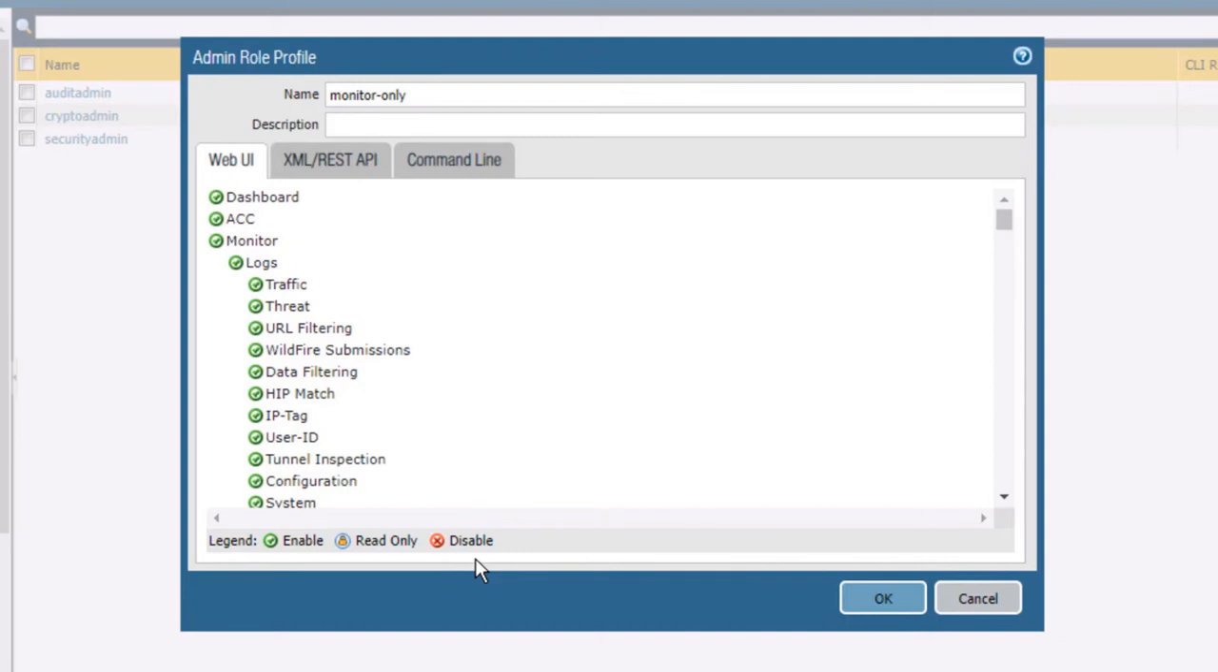Because we want to define a role that enables users to only view the firewall state, logs, and reports, we will disable everything else. First, we'll leave the dashboard, ACC, and monitor enabled. When a user logs in and is assigned this role, they will see a dashboard tab, an ACC tab, and a monitor tab. Now we'll scroll down and click to disable Policies,